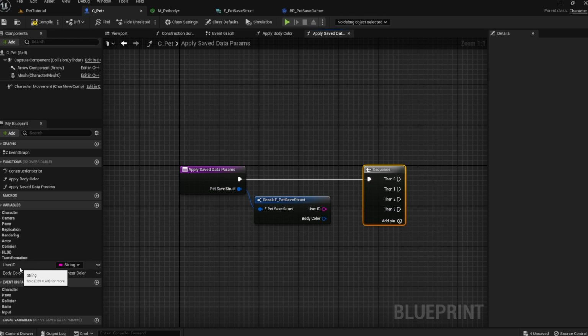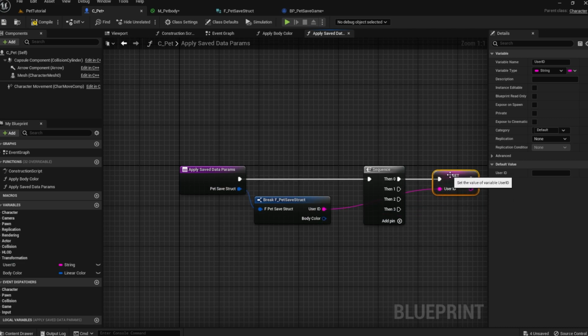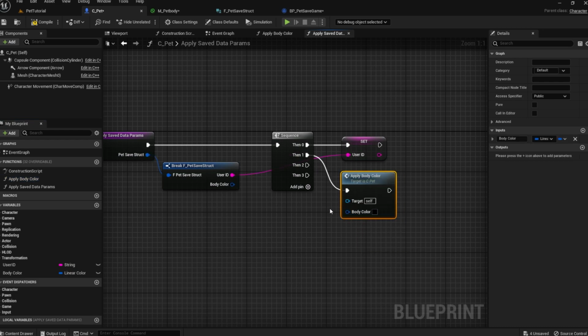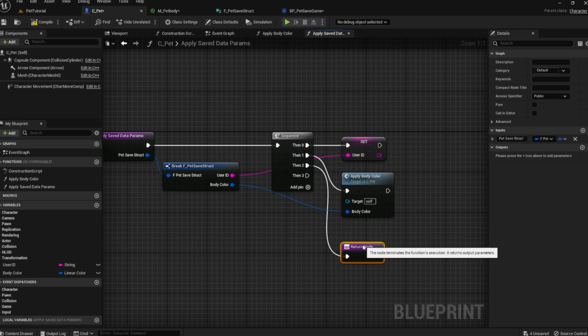Drag your user ID string variable from the left panel and set it to the user ID pin on the break node. This will be the first step of the sequence. Drag your apply body color function onto the same graph and plug the color pin from the break node into it. This will be the second step of the sequence. Finally, search for a return node and plug that into the last part of the sequence.